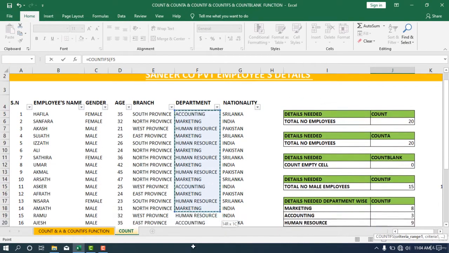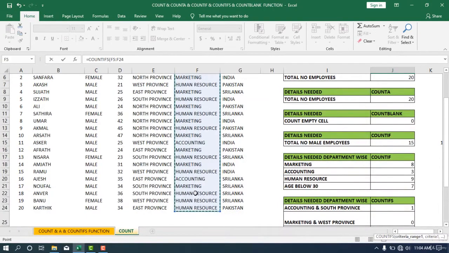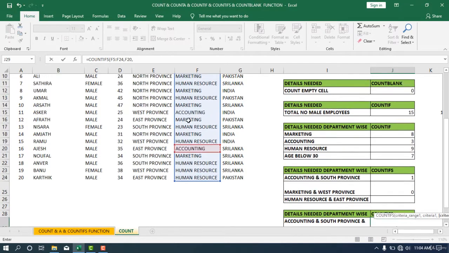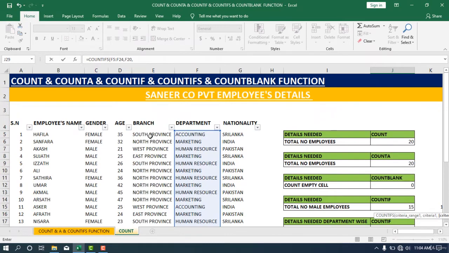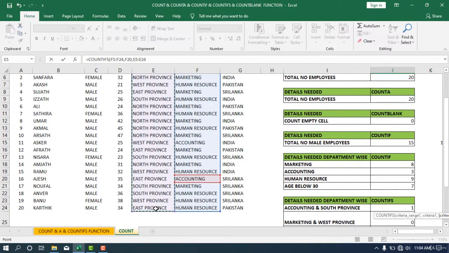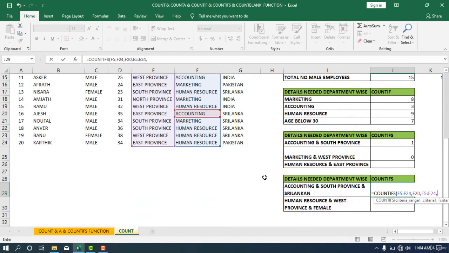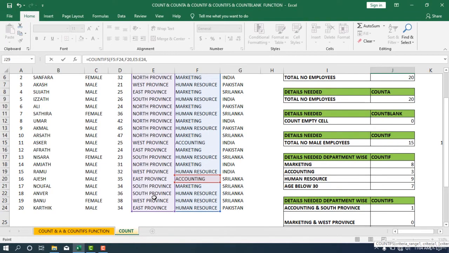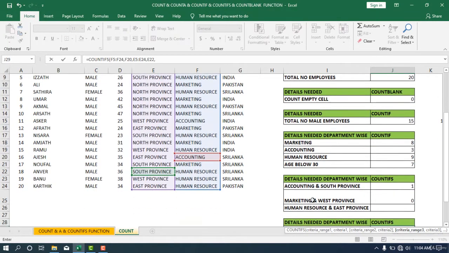I'm going to choose the department column, comma, criteria is accounting, comma, the second criteria is South Province. So we need to choose the branch column, comma, we need South Province. So I'm going to choose the South Province, comma,